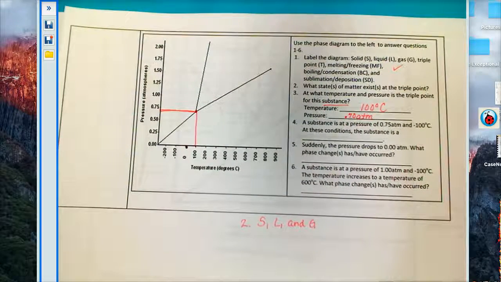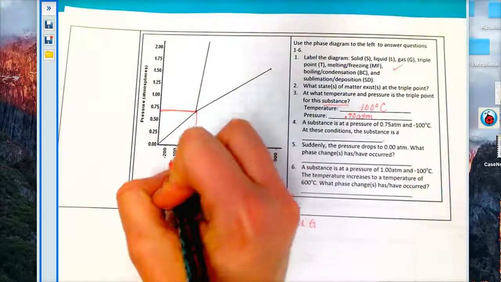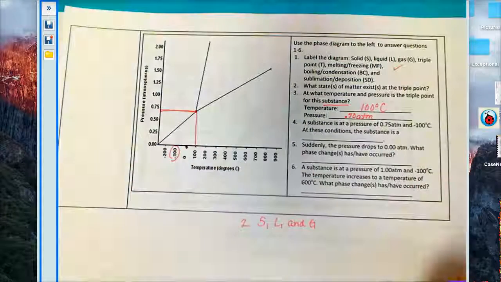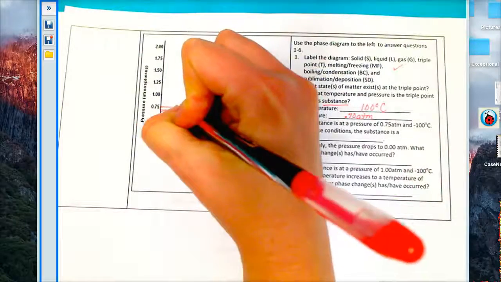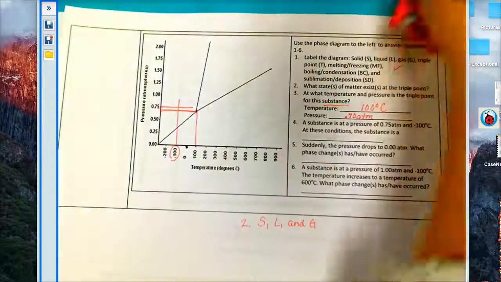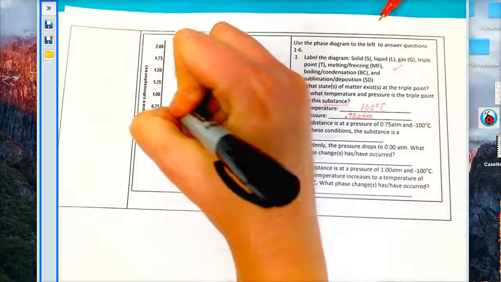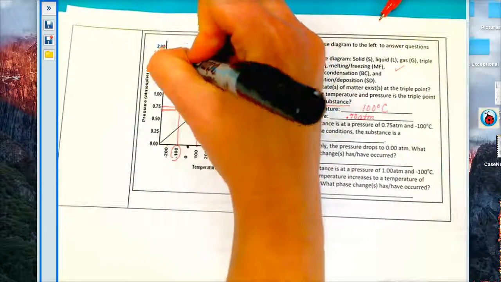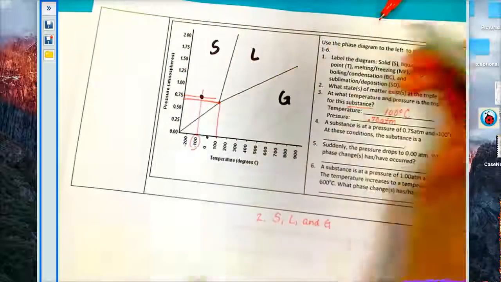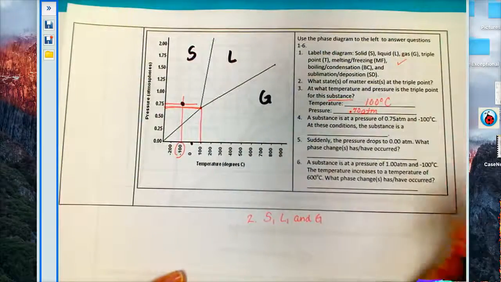And it says a substance is at a pressure of 0.75 ATM and negative 100 degrees Celsius. At these conditions, the substance is a blank. So let's make sure you find your negative. This is negative 100 degrees, and we're at 0.75. So just draw those out until they intersect, and they're going to intersect for you right there. And what part of the diagram is this? You've got your solid, liquid, and gas. And so in this particular case, that would be a